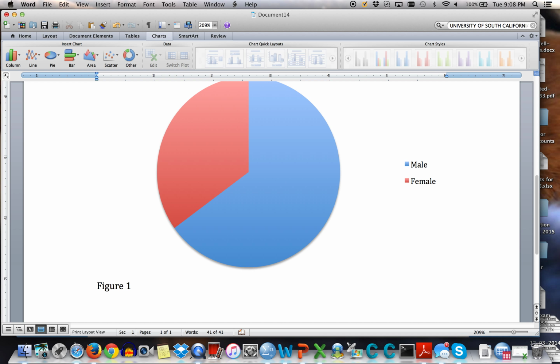We're just going to say Figure 1, gender distribution for the sample. And when you're adding the sample, I'm going to have to put how big the sample is. So remember, I'm going to put parentheses and a space, an equal sign, another space, and then let's pretend that there were